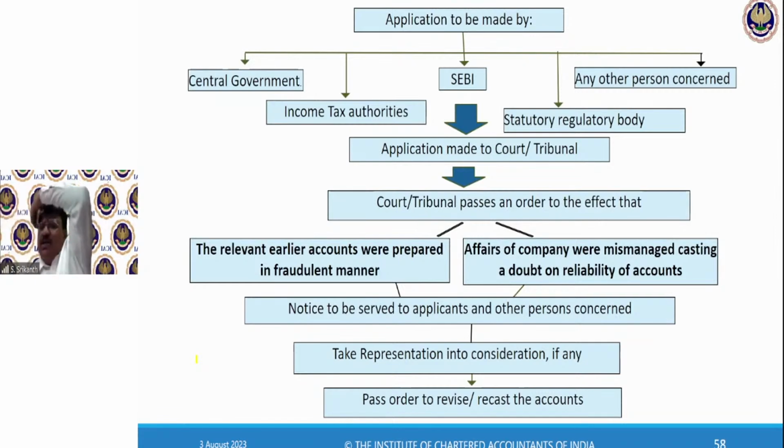See, what can happen is, there may be a lot of evidence. So, some people investigate reporting and all. Then based on that, an association of persons can do it. But if a totally uninterested party is coming and doing it, the tribunal will want to know why. What is your interest in it? Why are you doing it? Is it to spoil the name of this company? Then the whole thing will turn.